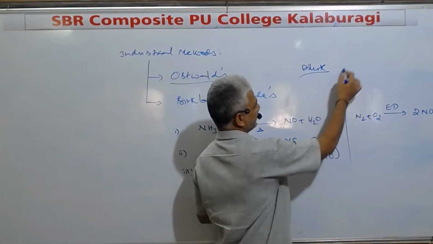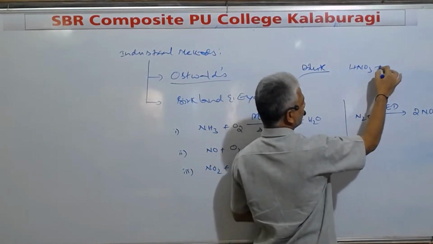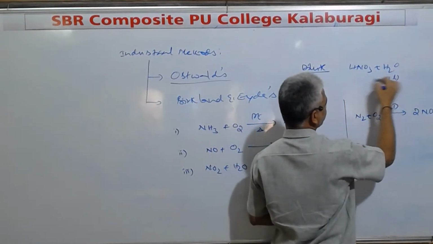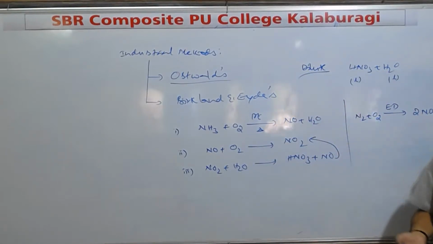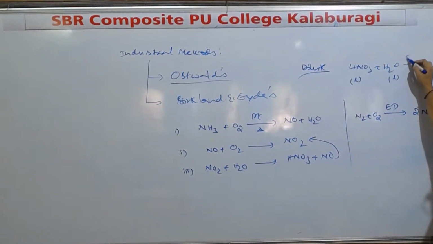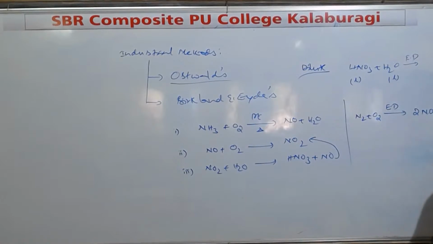Nitric acid is liquid, water is also liquid, but they differ in their boiling point values. So by means of fractional distillation, components can be separated. And by means of fractional distillation, concentration of nitric acid can be increased up to